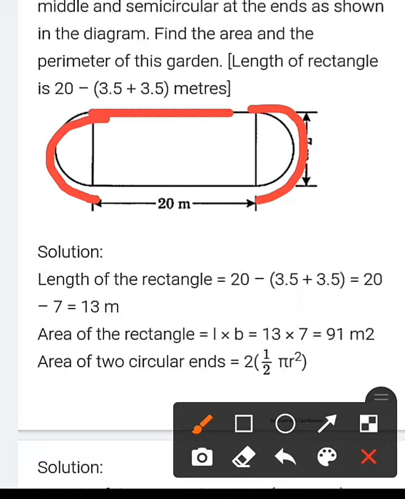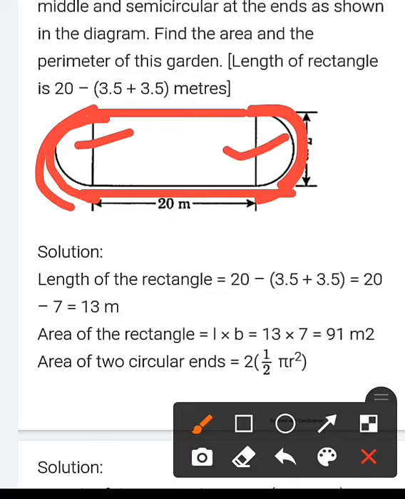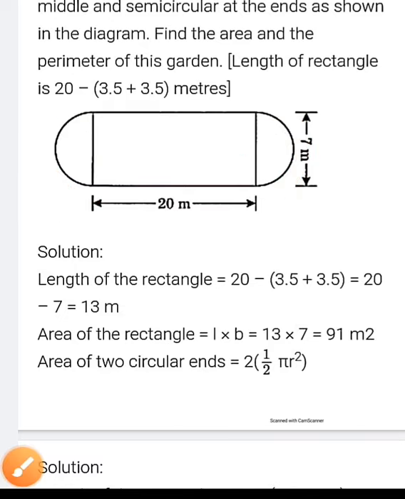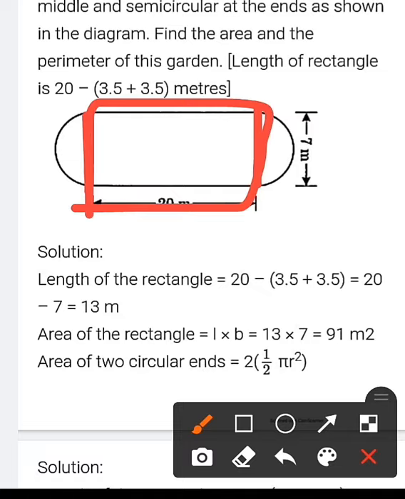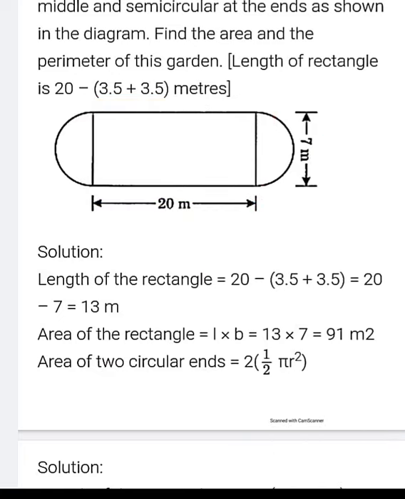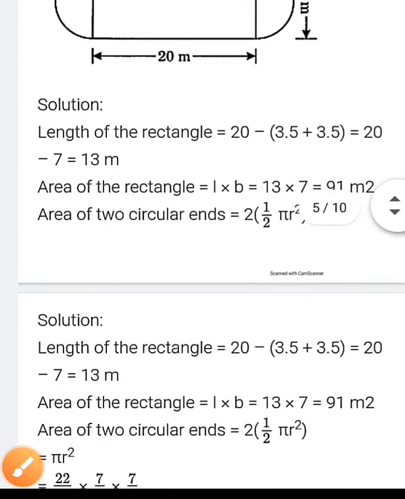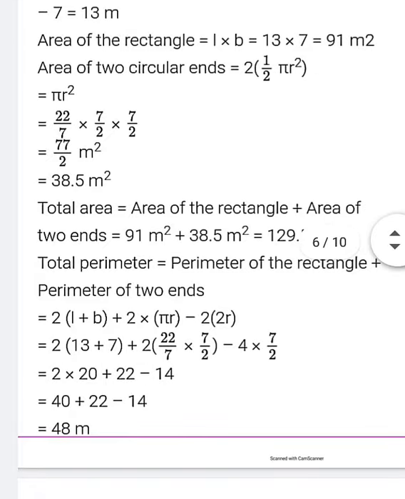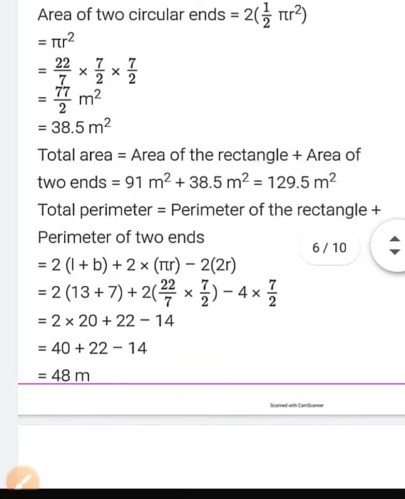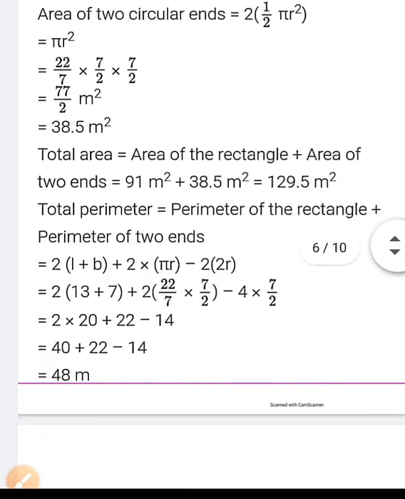So ये जो आपका rectangle है ये आएगा इतना part और ये वाला part आएगा, मतलब ये वाला part आपको रिमूव करना है. यू विल हैव टू डू सब्ट्रैक्ट. सो हाउ यू विल सब्ट्रैक्ट इट? सो दिस इज 7 एंड दिस इज ऑल्सो 7. सो यू कैन from perimeter of rectangle also you can do -7 and -7. Okay, or you can do 2 times diameter, you can remove. So whichever you are comfortable. From rectangle, first we will find perimeter of rectangle, that is 2 times length plus breadth.